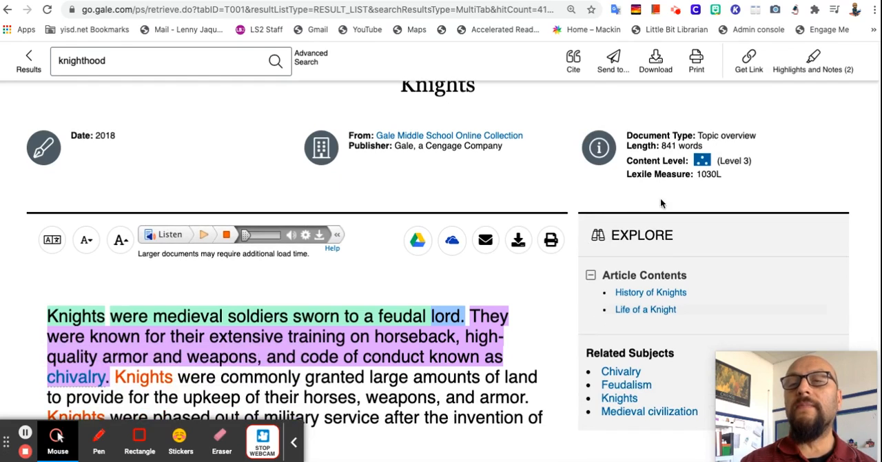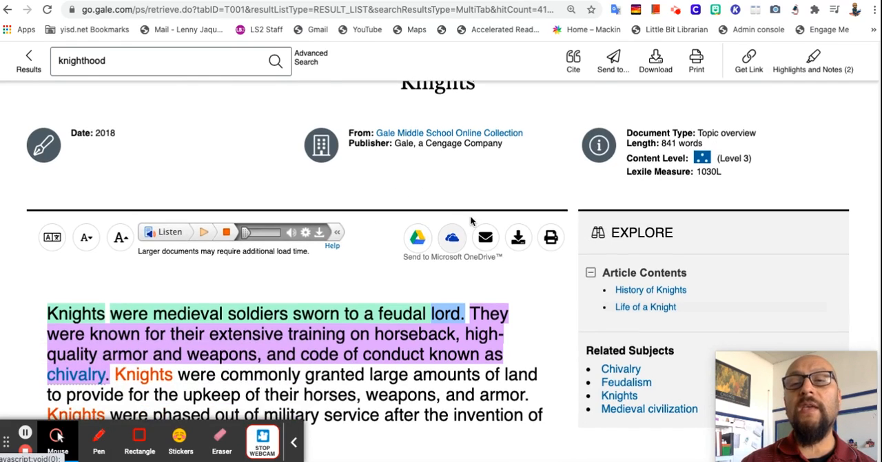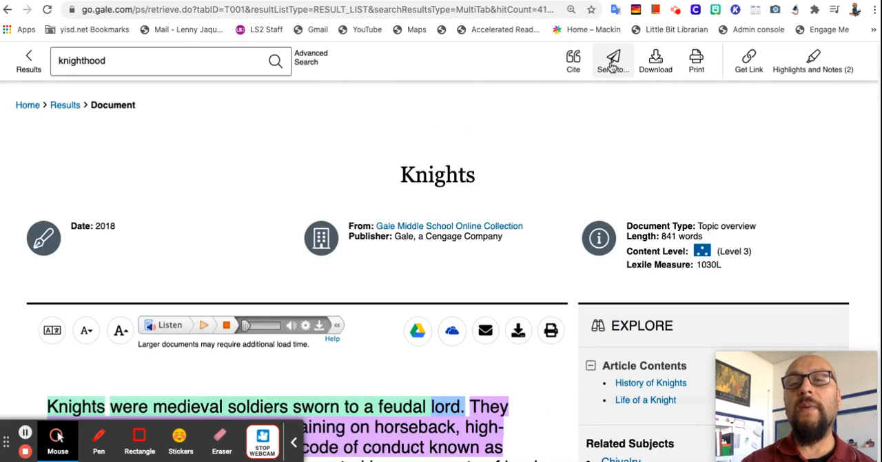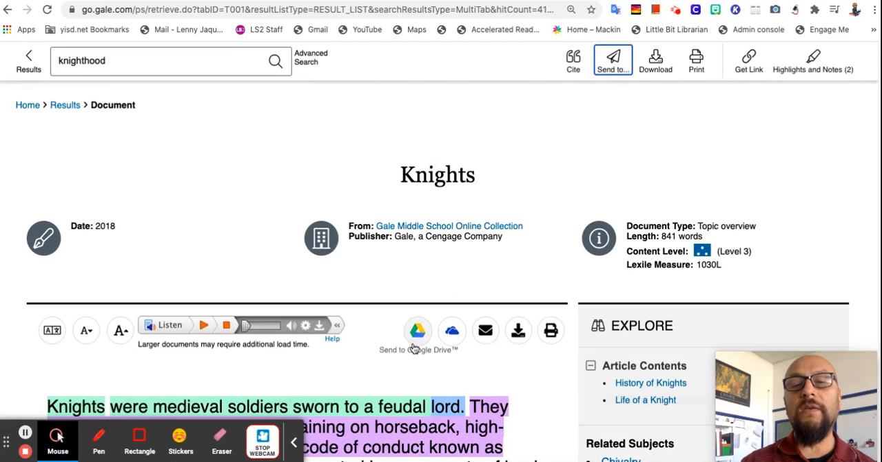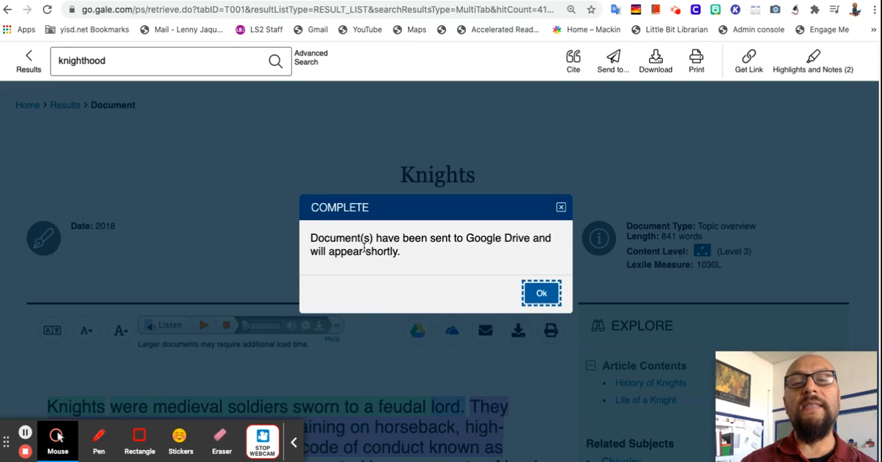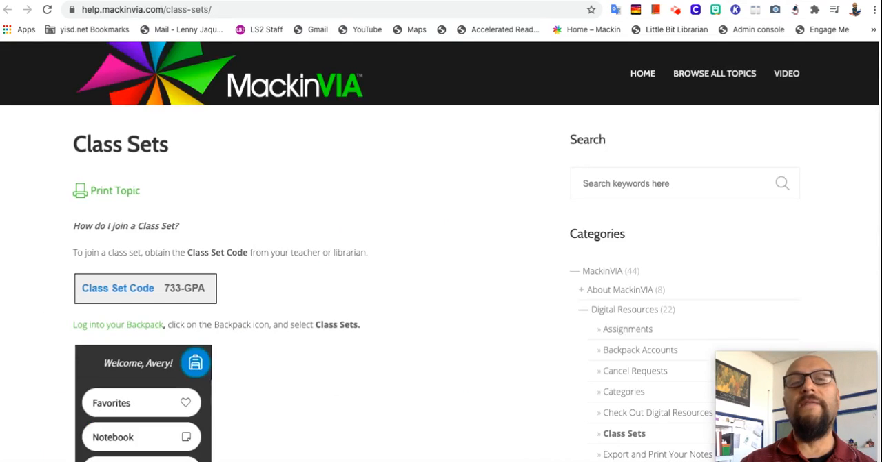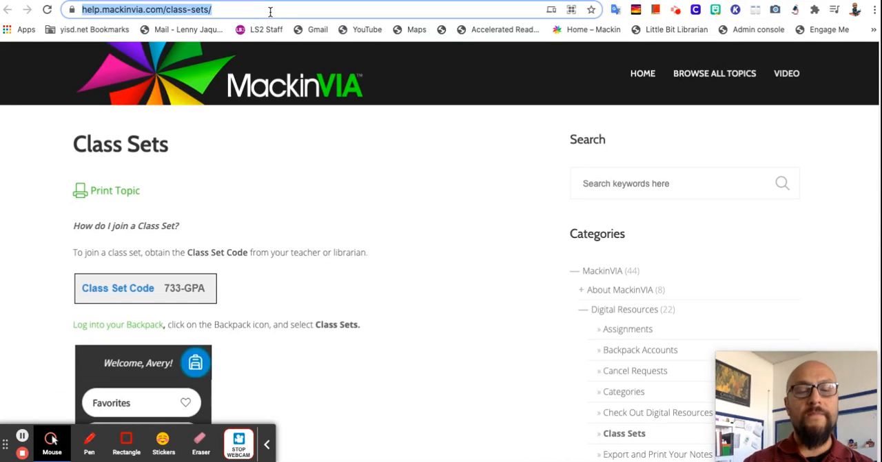All right. So here, you can send it to your Google Drive directly right here. You can also do it up here, by the way. So either way, send it here or send it here. You're gonna email it to yourself, download it, or print it. And the same thing here, download, print. So I'm gonna go ahead and send it directly to my Google Drive. There it is. If I just open up Drive,